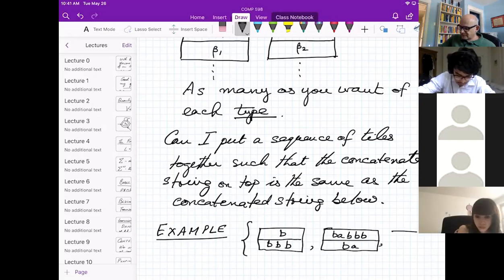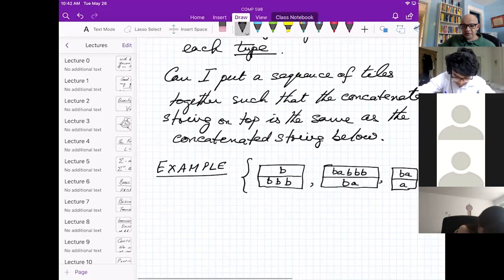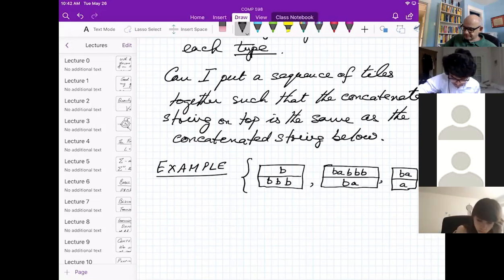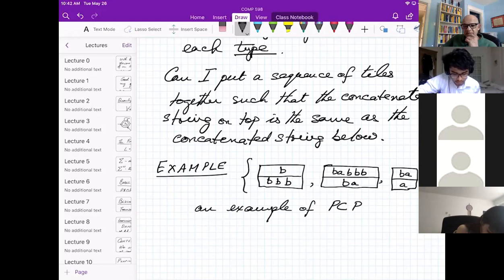And the last one looks like this. It has BA on top and just A on the bottom. So you have three types of dominoes, but of course, I want to emphasize it's three types, not three dominoes. I have as many as I want of each type. So this is an example of the post correspondence problem, PCP.